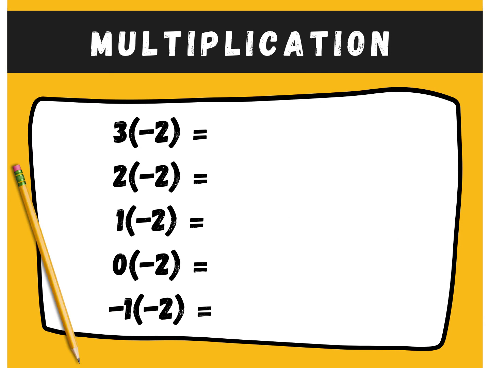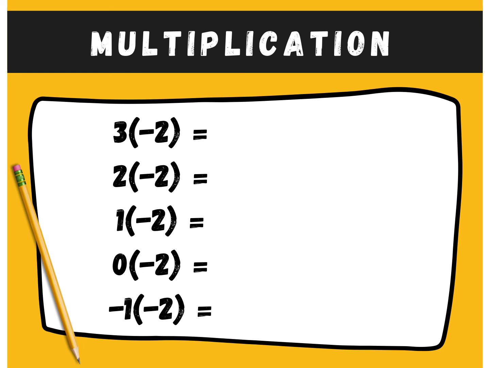The tricky part here is we've talked about positive times positive since second grade, since third grade, whenever that is. Now we've introduced positive times negative, but what is a negative times a negative? Let's look at something that can kind of show us a pattern and lead us in the right direction. Now here I have a bunch of problems. You should notice they're really similar, except this first number is decreasing by 1. That's important to notice because we're going to set up a pattern that will help us figure out that bottom